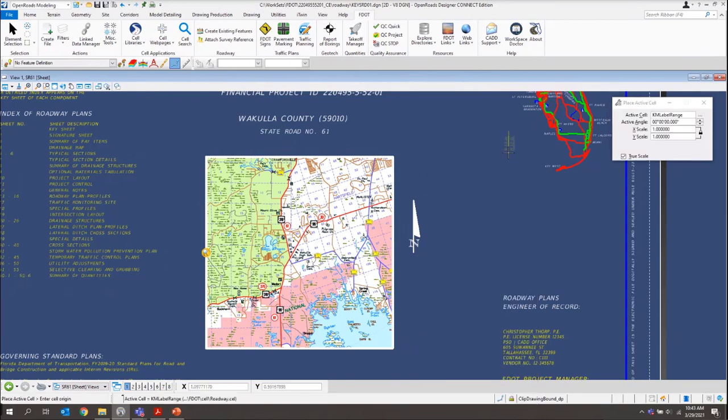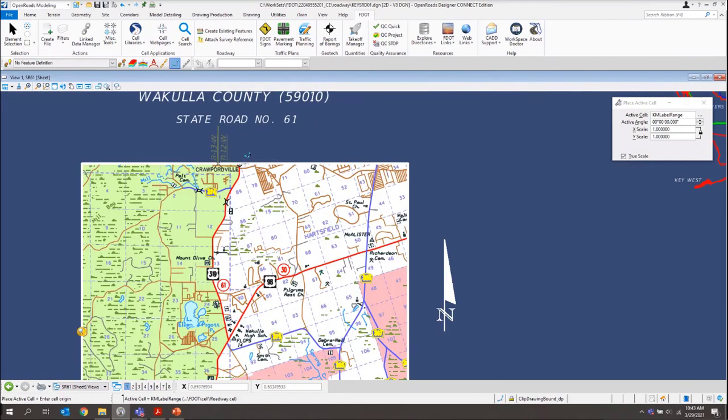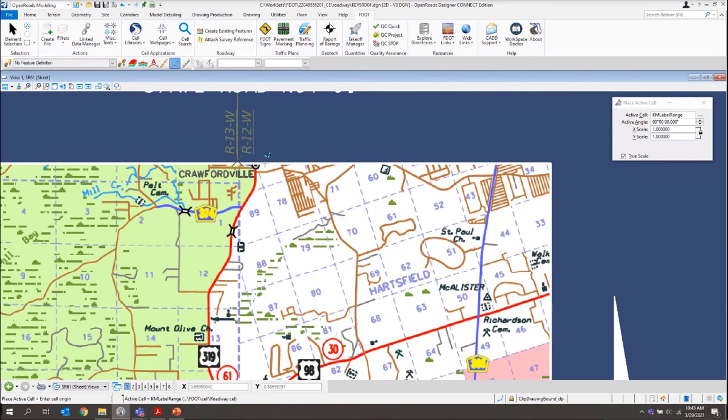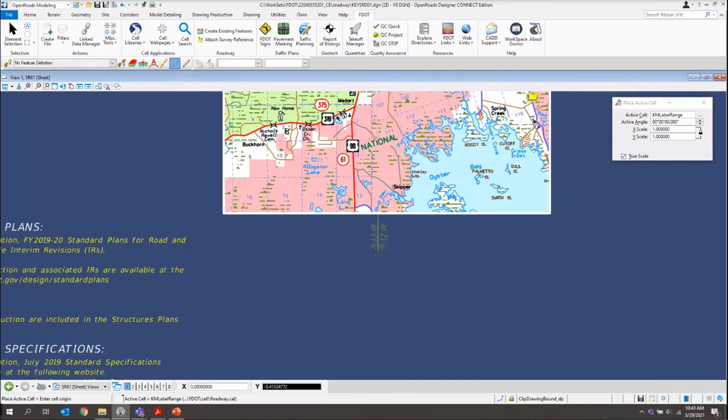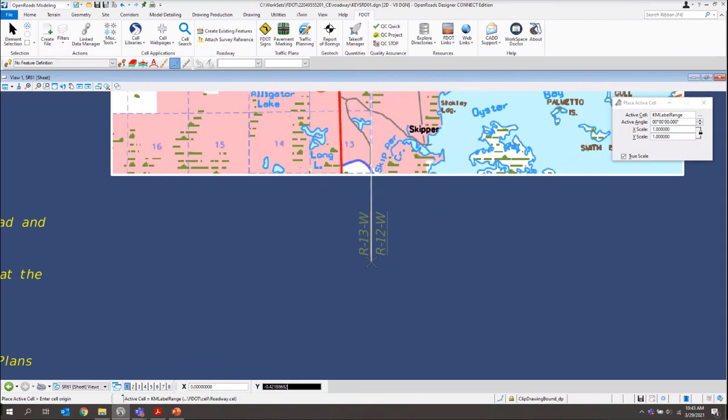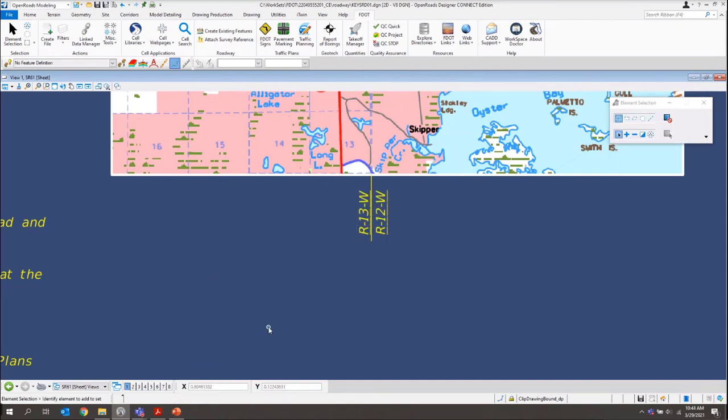So I'll select that, and what it does is bring up the place cell, and it's already got the selected cell that we want. So then I'll zoom in and make sure I find my range labels. I'll place that up there, and then we'll also need to place it down at the bottom. Once we've got that placed, I'll just do a right click to get out of the tool.